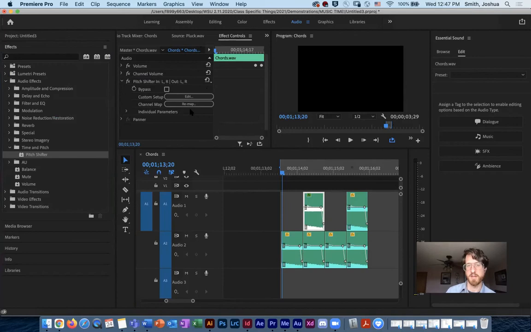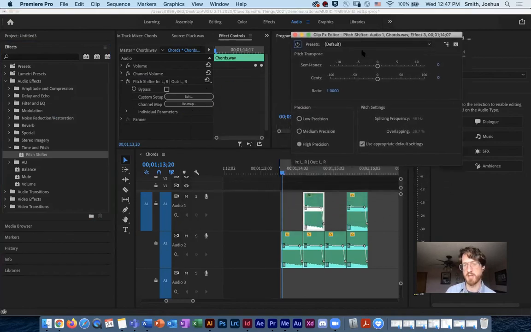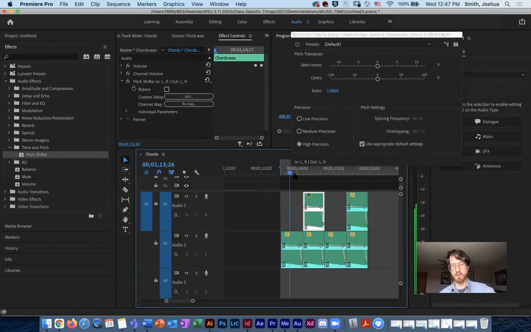All right, so this is, I think, a really fun one. Now, most of your effects with audio are going to be done under this custom setup. So to be able to do this, I'm going to go into edit. And when I get into the edit section, this is my sort of shifting tones here. So if I want to sort of play this one,